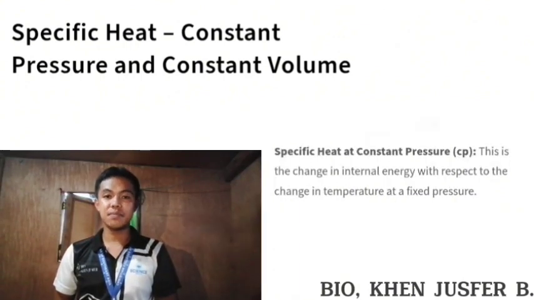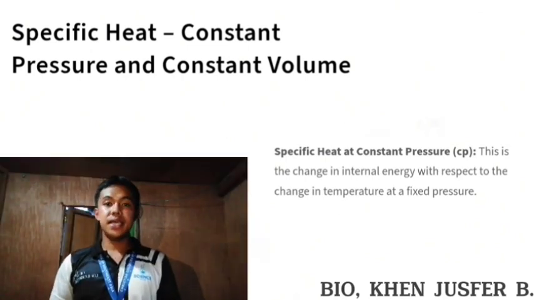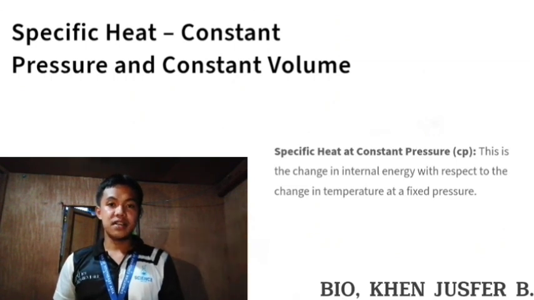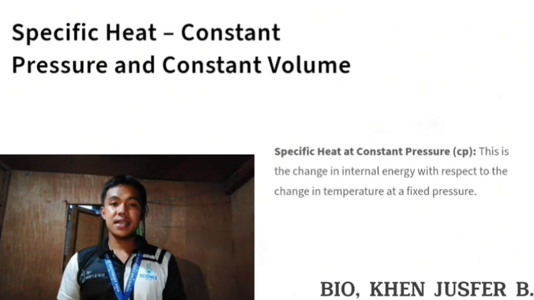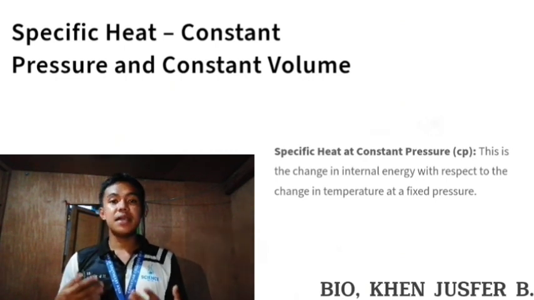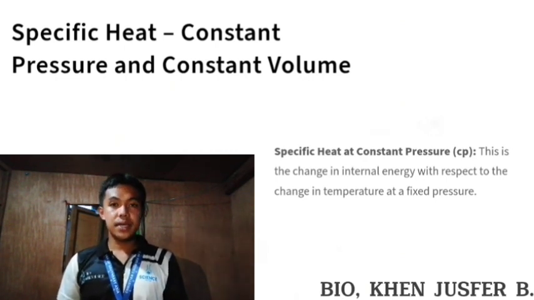Specific heat at constant pressure, C subscript P, is the heat capacity when the pressure is held constant. C subscript P is the amount of heat required to raise the temperature of a unit mass of a substance while keeping the pressure constant. Under constant pressure, part of the heat energy goes into doing work to expand the system, and part goes into increasing internal energy. C subscript P is typically greater than C subscript V because it is